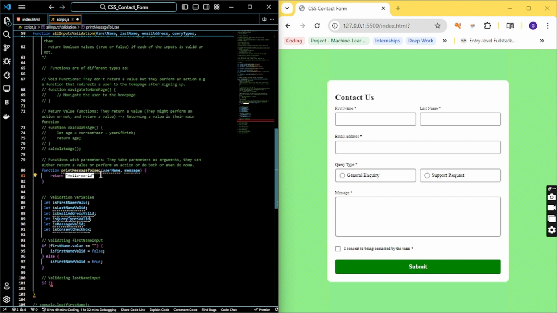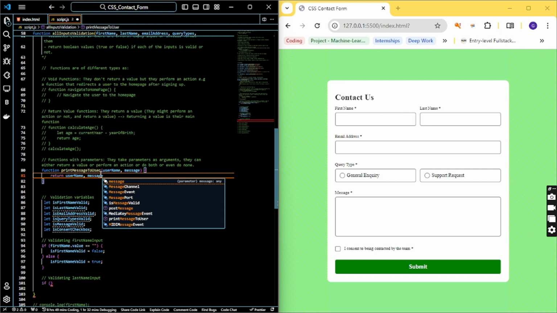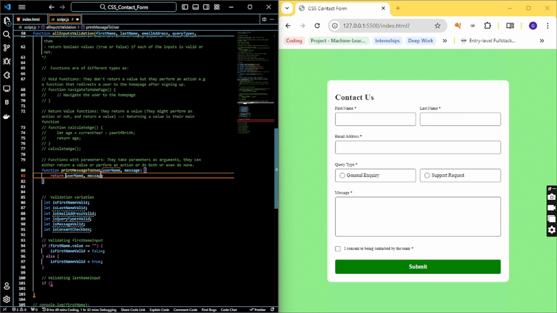So now we're just going to return username, comma, message. For this to be inside a string, there's something called concatenation. Concatenation allows us to join two strings together, especially if they are stored in a variable, because variables cannot be used inside a string unless they are joined with a string. So let's create a string and say username,